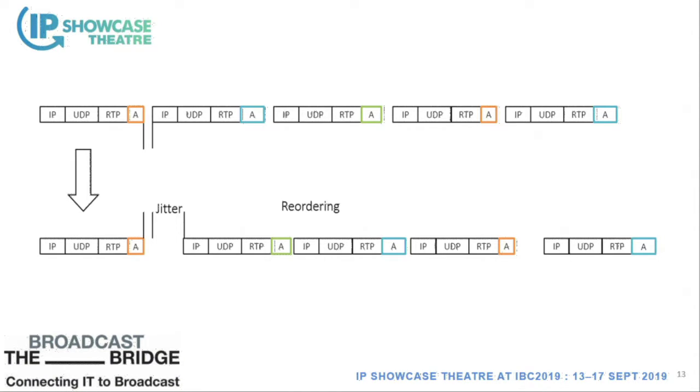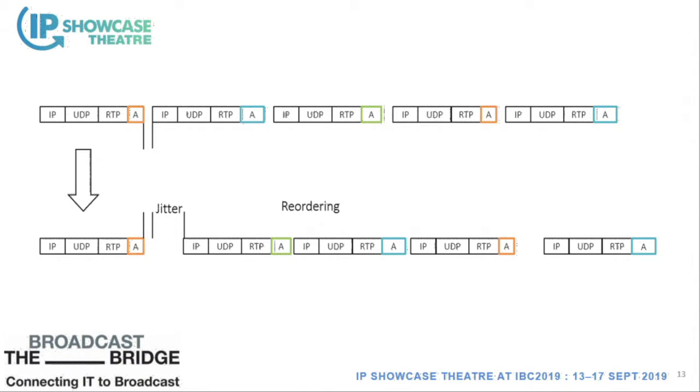You can see on the top we've got the layout of the packet with the IP, UDP, RTP, and then the actual audio sample. The A is for audio in this instance. So we've got an orange, a blue, a green, an orange, and a blue. Then on the bottom, we've got an orange, a green, a blue, an orange, and a blue again. So our green and blue samples have swapped around. That's a consequence of just how the switch is working. It's not an error. There's not a problem as such. There's no issue with that, other than that's what the switch does, because it has to